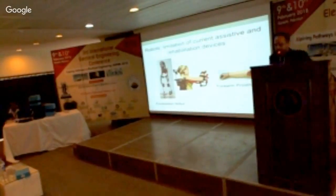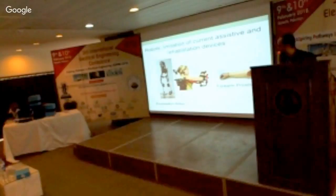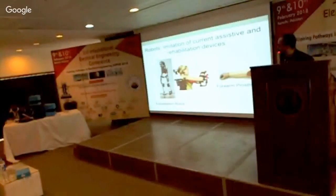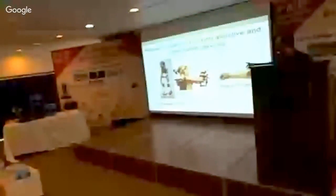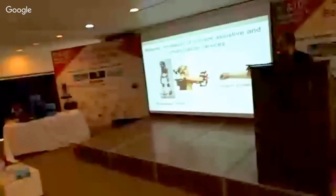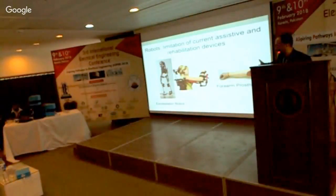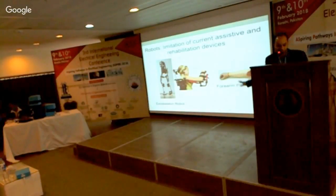So a simple example is exoskeleton robots and prosthetic arm robots, which have been very commonly used for the last 10 years. The exoskeleton robot is a very developed robot. You can find HAL2, which is very well known, and the prosthetic arm is also well known as a robot design. But the problem of these robots is that,